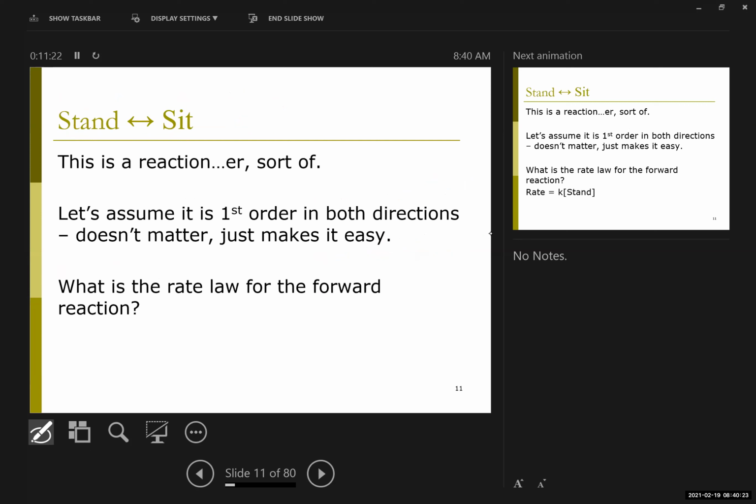And you can sort of see this in action in what I often refer to as my sit-stand reaction, right? In a smaller class or a class where all, well, you're home now, your video's off. While you're at home, stand up and sit down, right? But my reaction is literally you standing or you sitting,